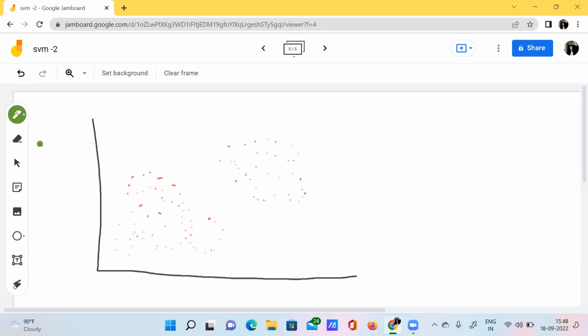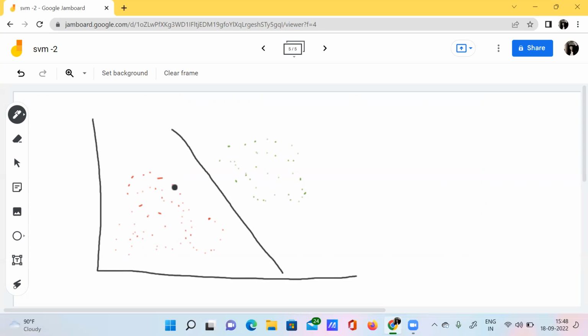So what happens is, for example, if I need to separate these two categories of data, I'm just drawing some kind of hyperplane here.